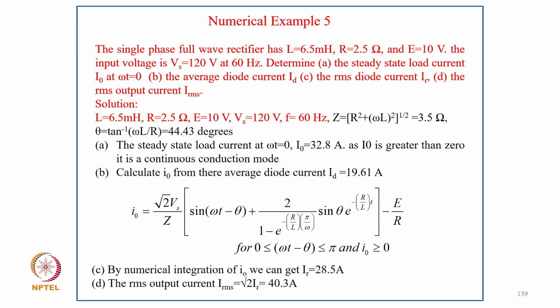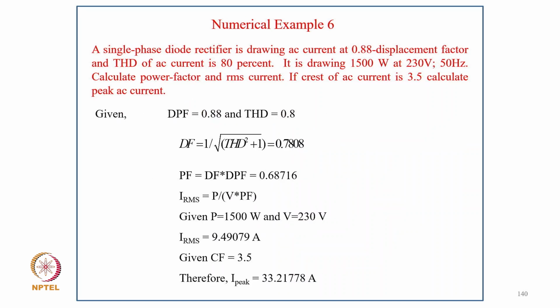So by numerical integration I0 we get IR equal to 28.5 ampere, and RMS current we get root 2 IR, that is 40.3 ampere. Coming to numerical example 6, a single phase diode rectifier drawing the 0.88 displacement factor,